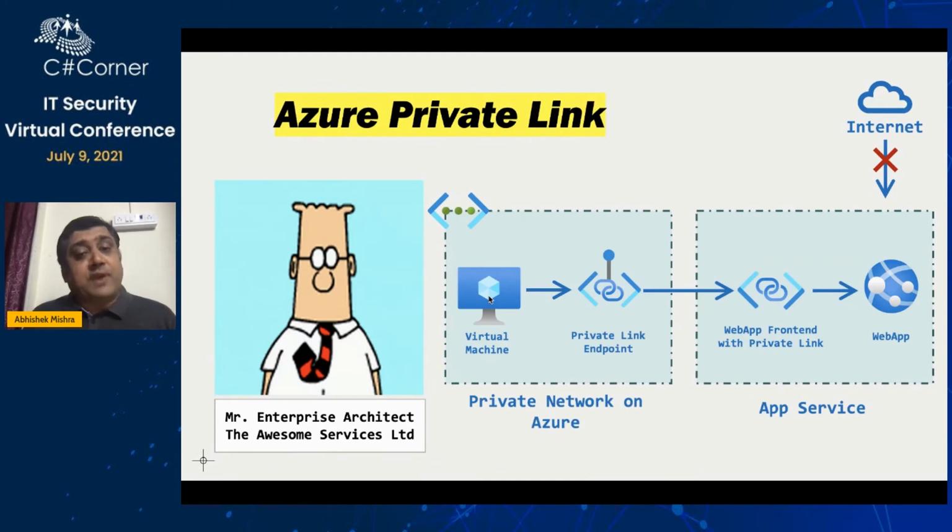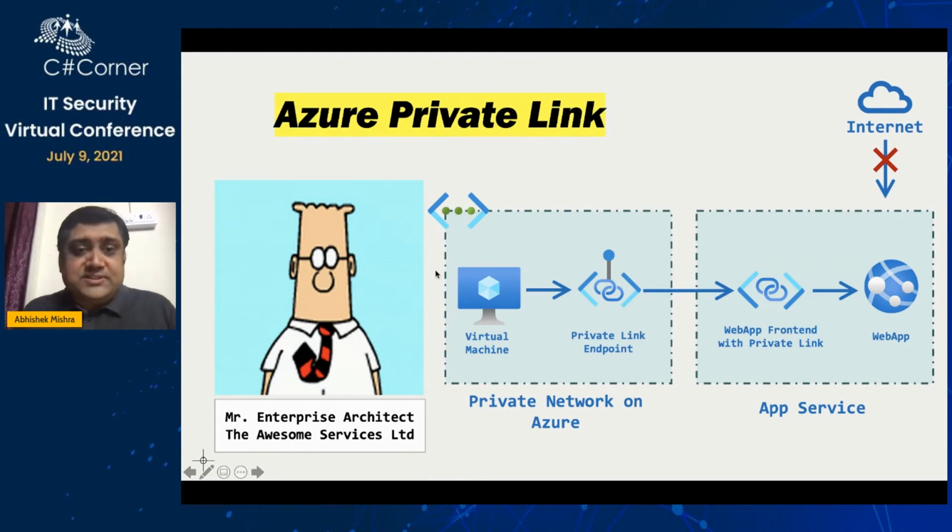So here also I've tried to replicate the same kind of secured environment where we don't have an RDP port opened, so I won't be able to do an MSTSC. Rather, I will access it through a Bastion. I'm not getting into details of the Bastion here, but when I created this VNet, I created a Bastion for it, and using that Bastion I'll be able to connect to this virtual machine, and then from this virtual machine I will be able to access my web app. Okay, so now let's see that.